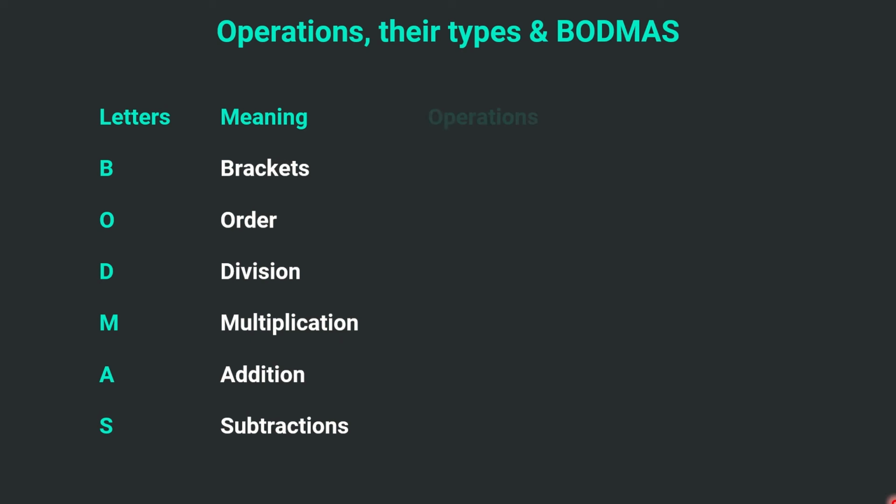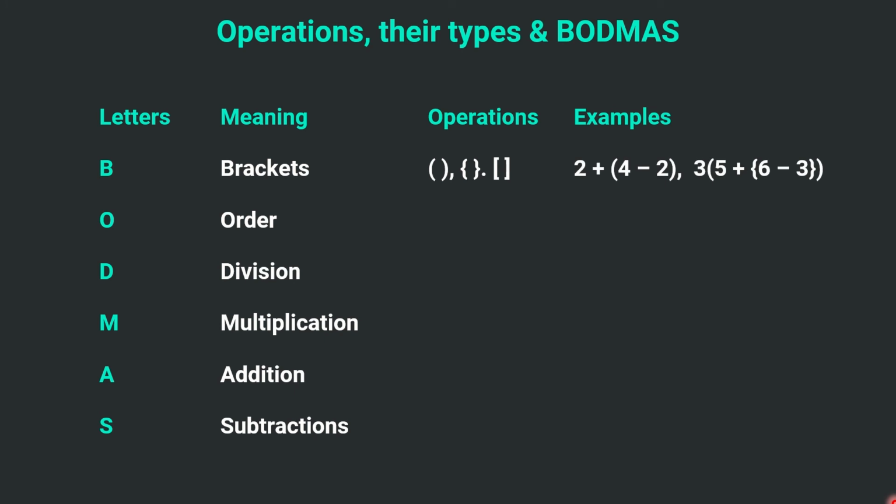Now let's see what operations lie under them and what the examples are. For brackets, you would have seen these brackets in these types of examples. Brackets are used to prioritize any calculation, or they can be used for multiplication. For any given problem, we have to perform the bracket first. Then we have order. What is order? Order means power. It can be any power, either a power or a root. We have to perform this operation on the second priority. For example, 5 to the power 2 or 6 to the power 3. These are the examples for orders.